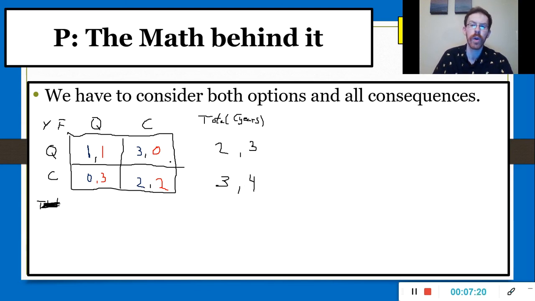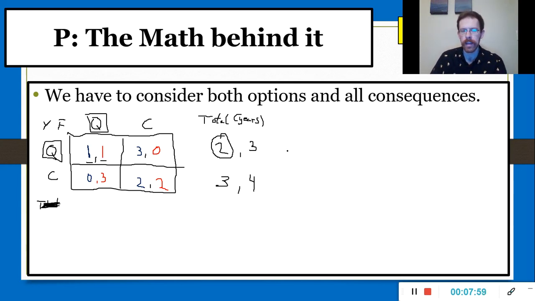So if we consider just from totals, and have the idea that, okay, the more years combined spent in jail, the worse the situation is, then the winning play here, or the best case scenario, would be the one where only 2 years are spent in jail together. And that only comes from if you both stay quiet. Sure, you have to spend a year and they have to spend a year, but that in total is less than everything else. That is only 2 years being spent.